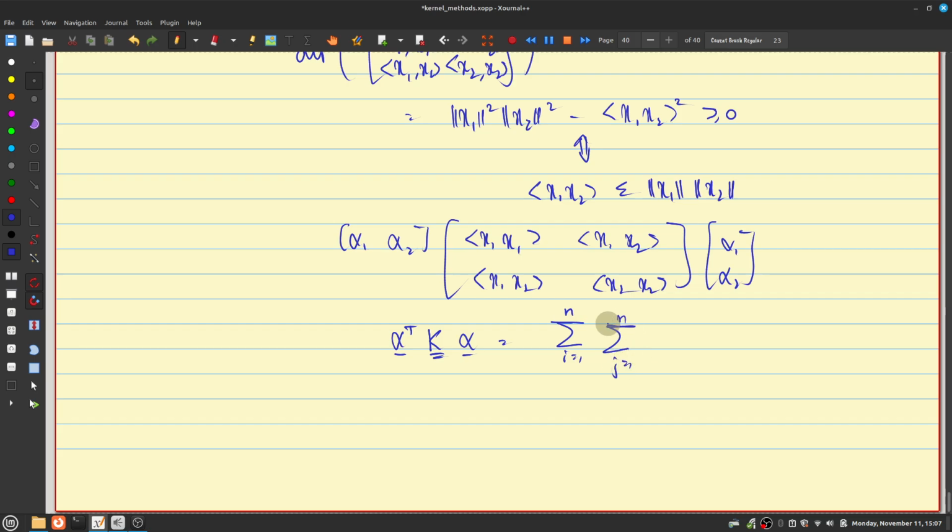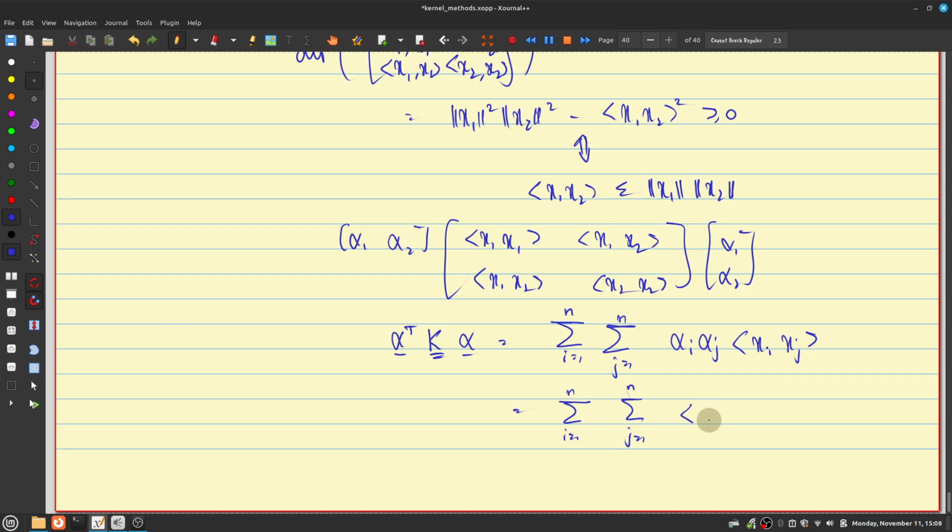I just want to expand it out in terms of the ith element of K and the ith element of alpha. So it's alpha i, alpha j times Kij. But what is Kij? It's the inner product of xi, xj. Which is also equal to the sum over i equal to 1 to n, j equal to 1 to n,